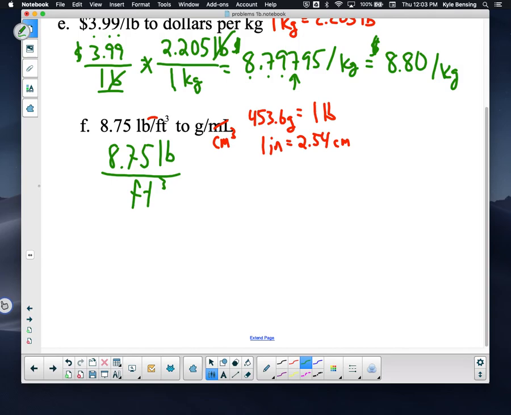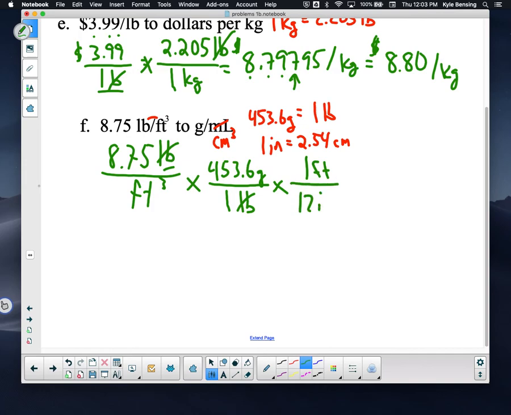So we're going to do a couple of things here. I start off like this. Let's do pounds to grams first because I think that will be easier. If pounds is on top, I need 1 pound on the bottom, like that. And that puts my 453.6 grams right there. Now for the tough part, that gets rid of pounds. Now we have to deal with the cubic feet. So here's what I know. I know that 1 foot